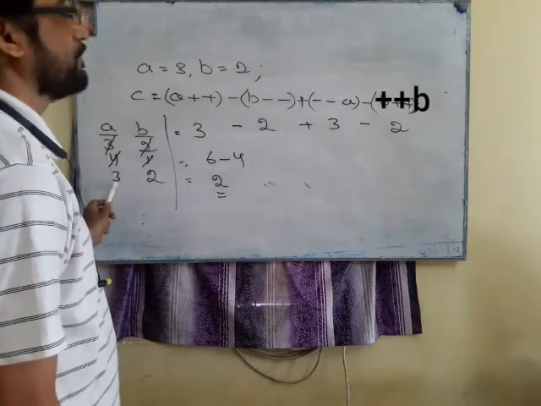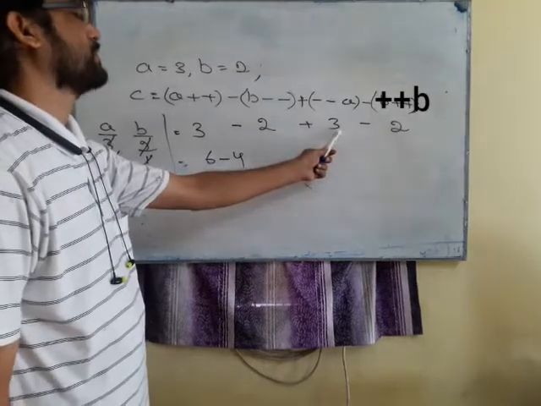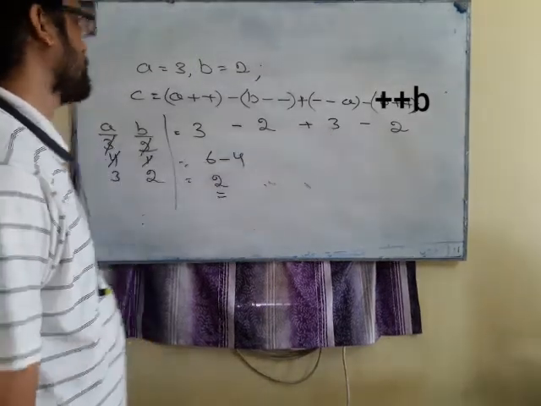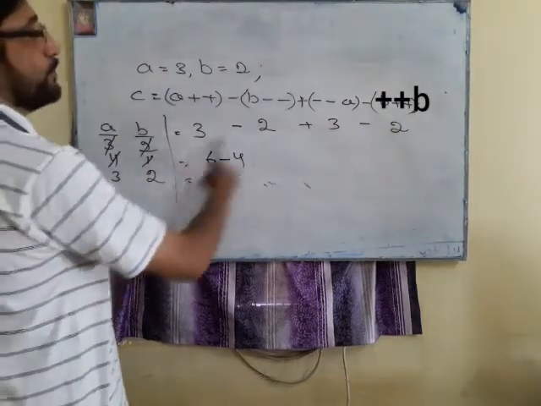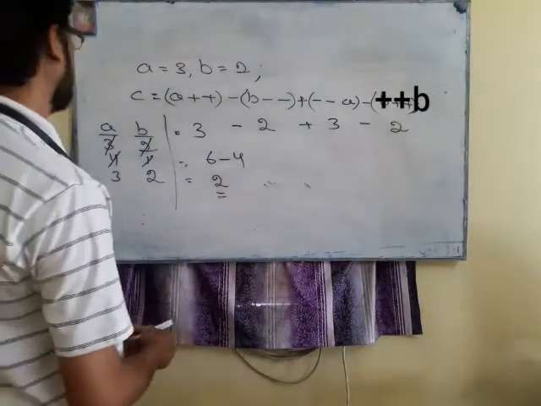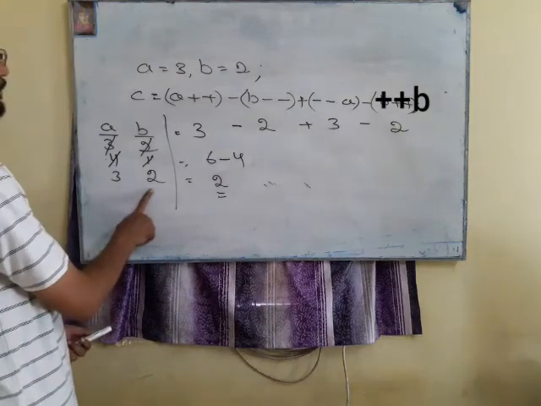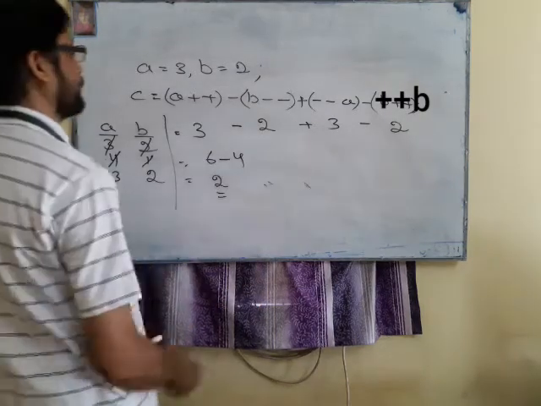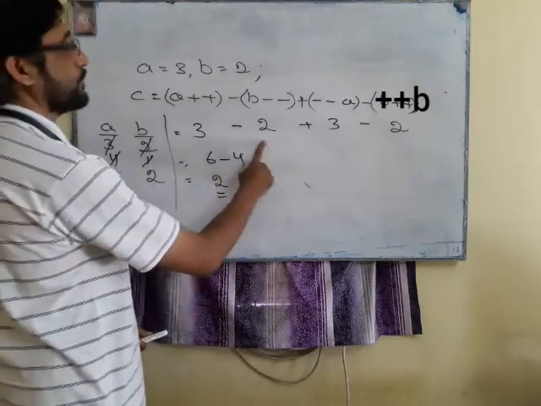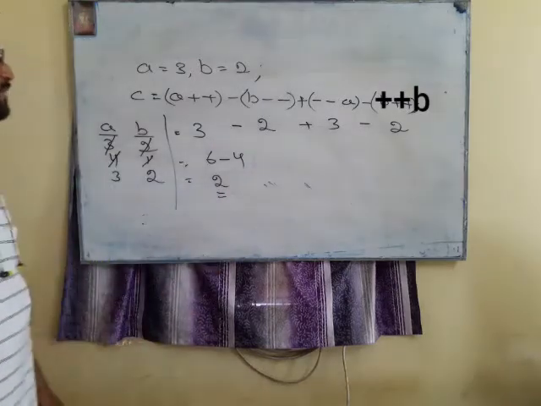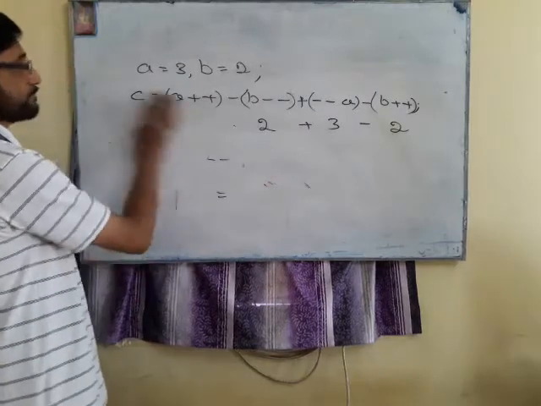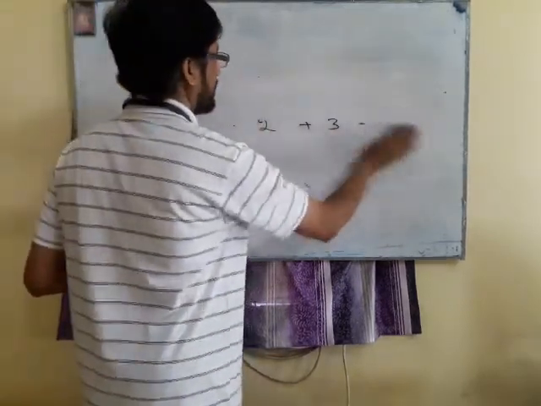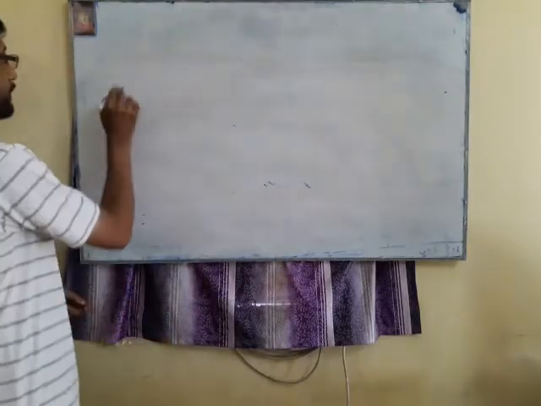So change the value in the memory, then you put it in the equation. Minus B++. It is the post-increment. The value of B is 2, put 2. Then increase the value of B by 1, then put 2. So it is equal to 3 minus 2 plus 3 minus 2, that is 6 minus 4, which is equal to 2. So in this way you can solve. We will take one more example